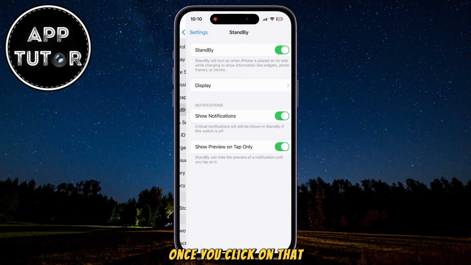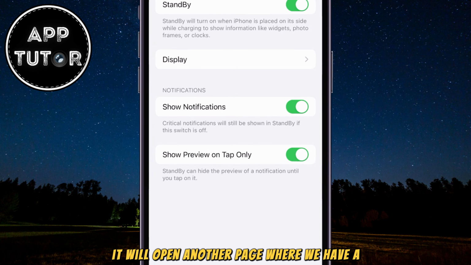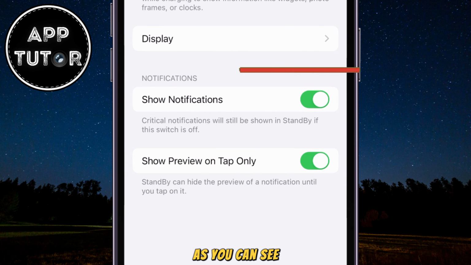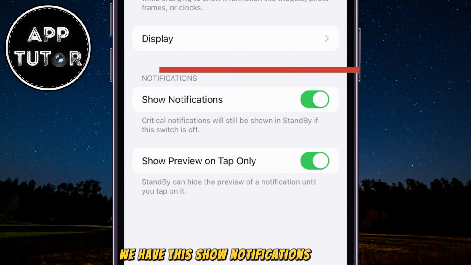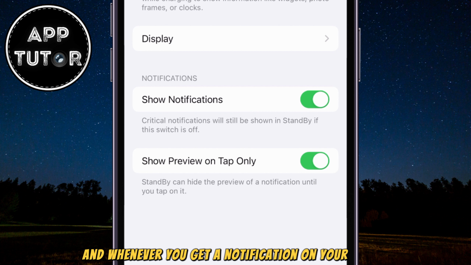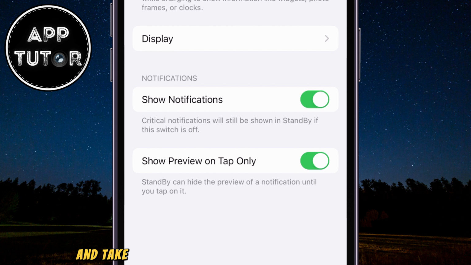Once you click on that, it will open another page where we have a couple of standby settings, which we can enable or disable. As you can see, we have this Show Notifications option, and it's turned on by default. So every time you plug your phone into a charger and place it horizontally, it will enter into standby mode, and whenever you get a notification on your iPhone, it will show up and take up the whole screen for